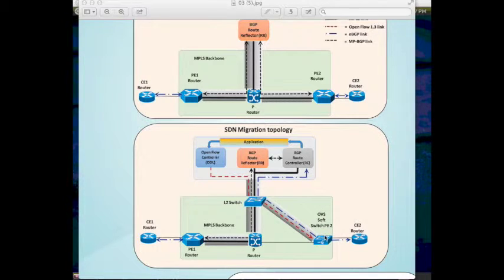In order to program an Open vSwitch or an OpenFlow device, we require an OpenFlow controller. So we are using the OpenDaylight Helium version in order to program the respective flows onto the Open vSwitch. In terms of the control plane processing on behalf of the Open vSwitch, we have a route controller which is placed here. It can be either virtual or physical. It happens to be physical in our case, which does all the respective programming or processing of the control plane